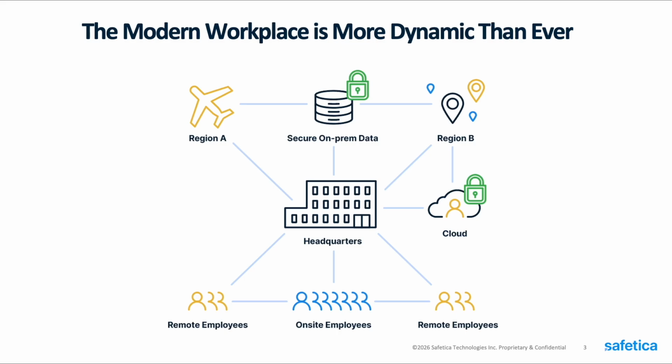Also adds a lot of potential points for attack as well, particularly for remote folks. If you are out and about working at a coffee shop or whatever it might be, people can attack, of course, the networks there. They could target you specifically to try to get some data or whatever it might be. Many things, of course, can happen outside of that secure company environment, which is why we need solutions to help for that. But we see this more and more. And when we're talking with folks, again, they're still trying to adjust to this new way of working. And naturally, we, as well as many others, are here to assist them with that.